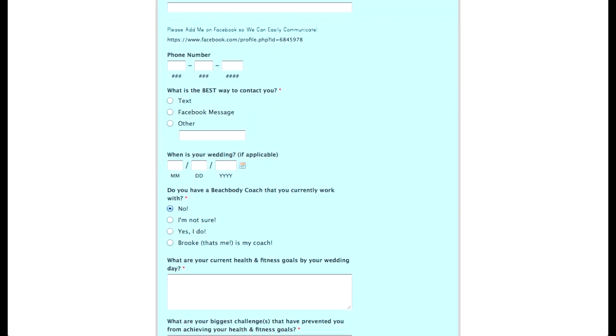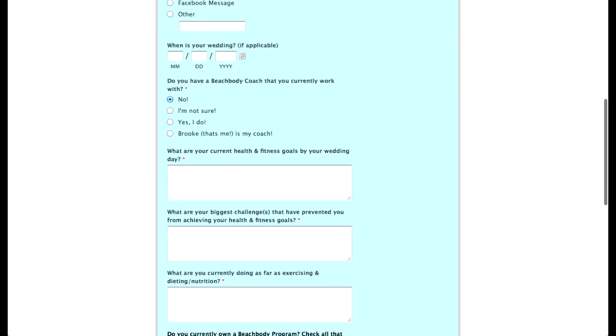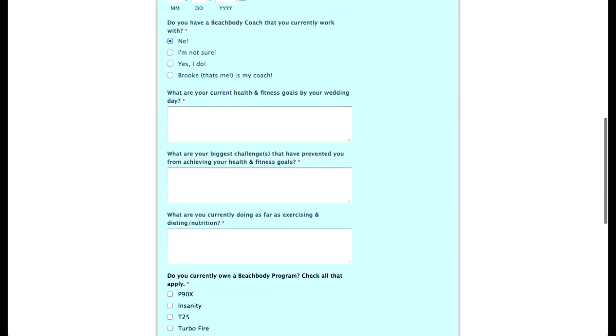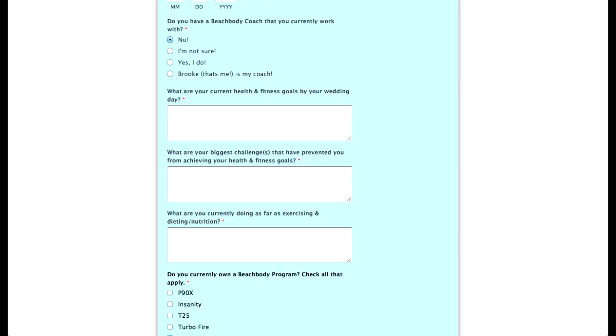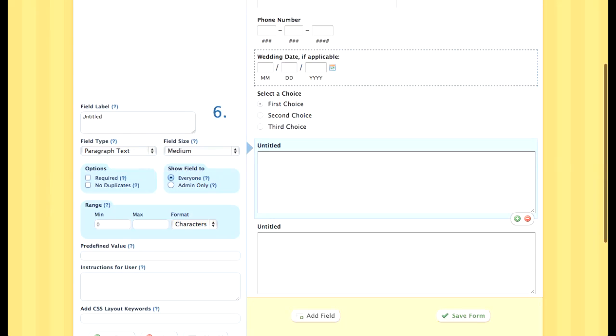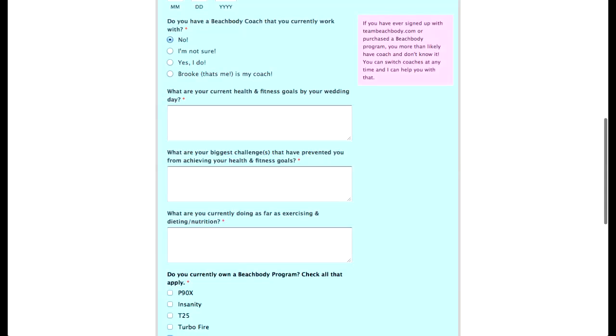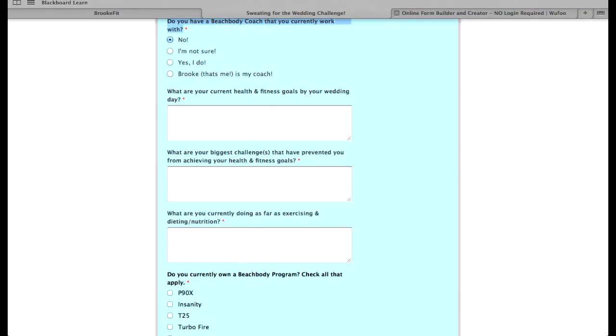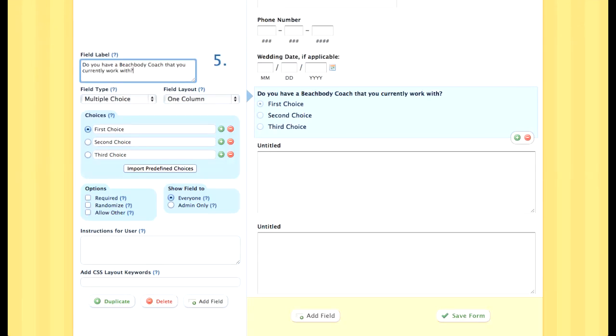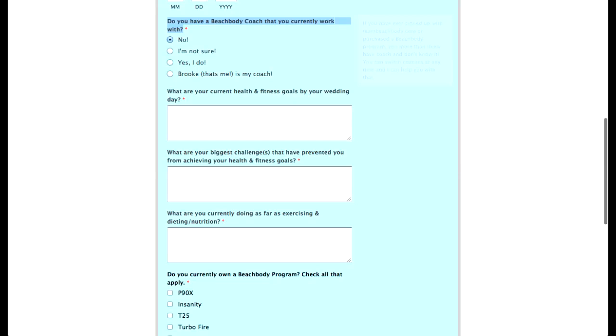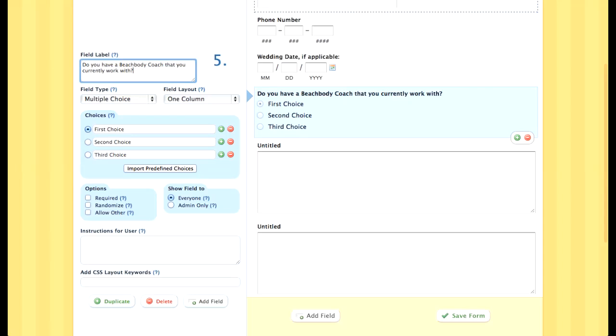Again, I'm going to take out what's the best way to contact you because email is the only way I'm contacting them, but you can put that in there if you want. Do you have a coach that you currently work with? So I want that to be right here. And you know what? I'm just going to copy and paste because this is what you're going to be doing, because I'm going to be sending you an example of this form. Okay. And then here for first choice,